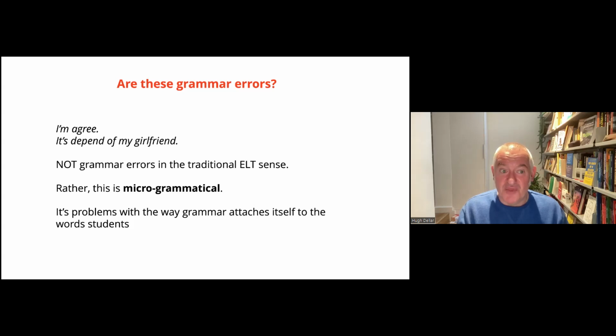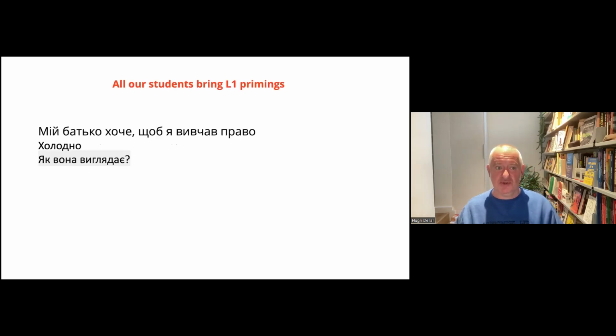They're using the present simple. Okay, they're using it wrongly, but that's not because they don't know the present simple. It's because they don't know that the words agree and depend grammar differently in English. So maybe in their own mother tongue, I am agree is the way you'd say it. You say it as an adjective. Maybe in your mother tongue, you say it is depend of. And so what happens is students bring this with them when they're speaking the second language. And the grammatical influence of the first language, the colligations, transfers over into the second language.